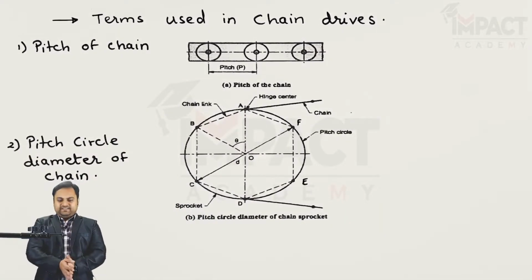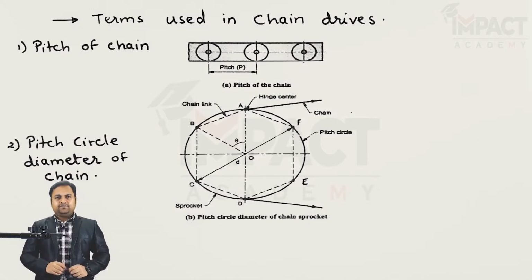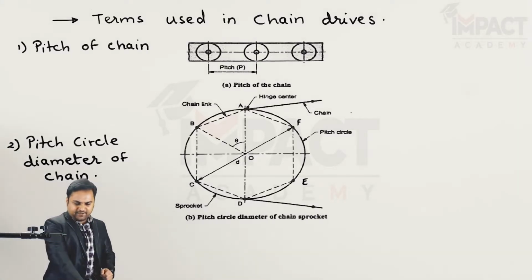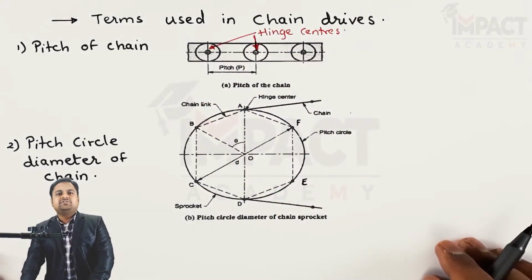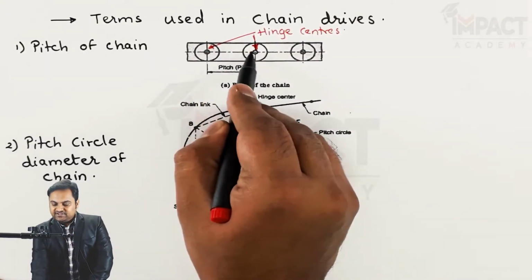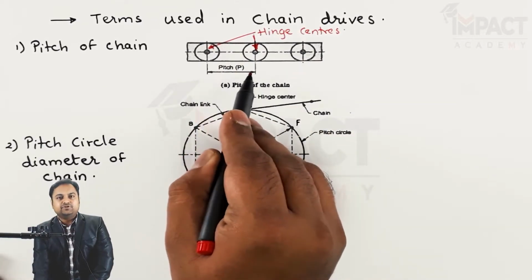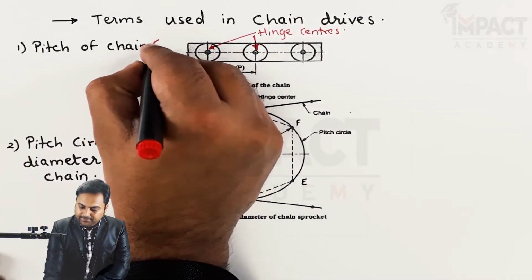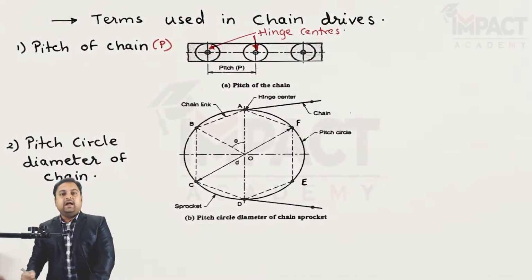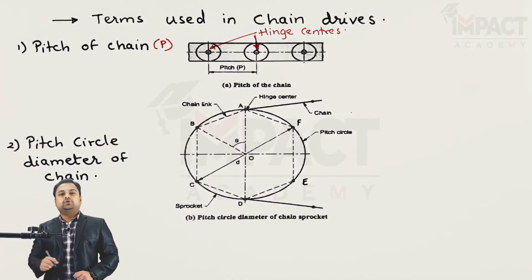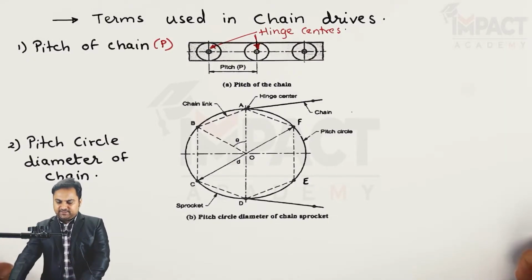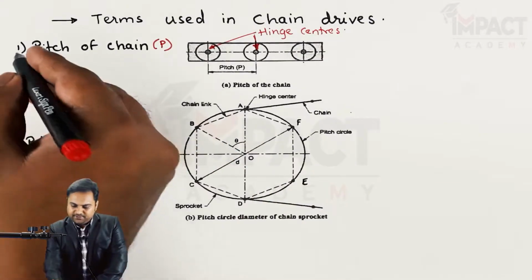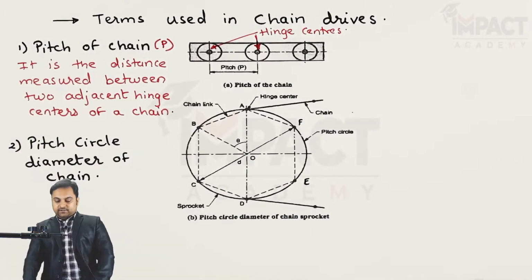Now when I say that it is a pitch of a chain, it means that it will be the distance measured between the two hinge centers. For example, on a chain we have number of hinge centers. So when we measure the distance between the adjacent hinge centers, that would be called as the pitch of the chain, denoted by P, and this pitch will remain constant throughout the length of the chain. And in short, I can just write it down that pitch is